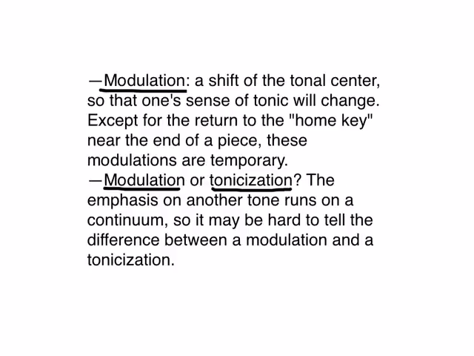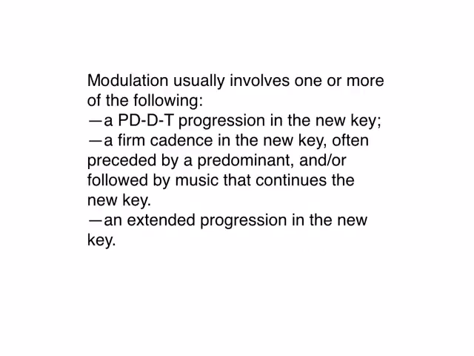Here are a few ways you could tell when you've had a modulation. A modulation usually involves one or more of the following: a predominant, dominant, and tonic progression in the new key, and/or a firm or strong cadence, think perfect authentic cadence or imperfect authentic cadence in the new key, often preceded by the predominant, or